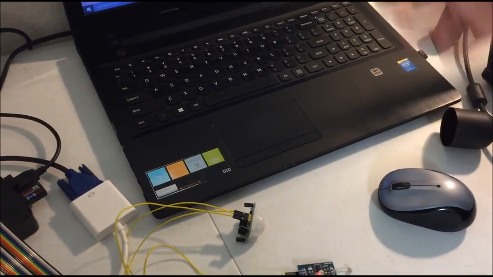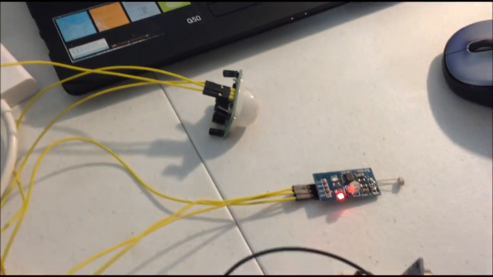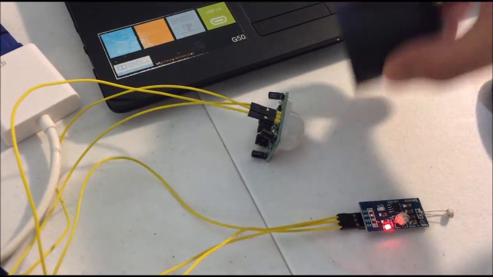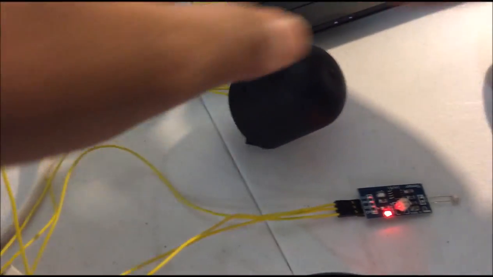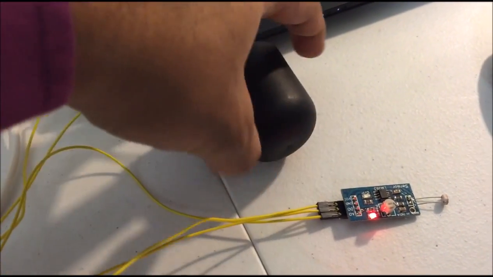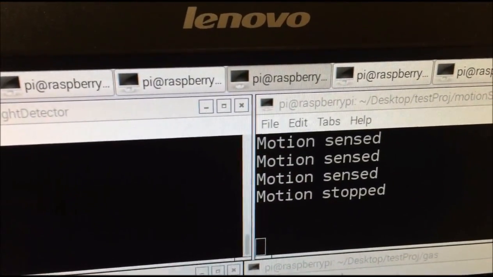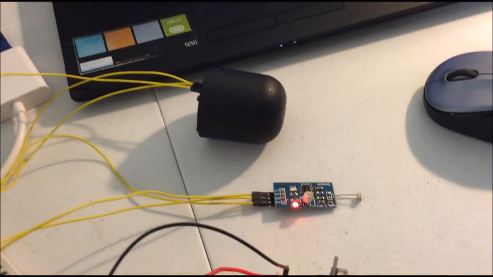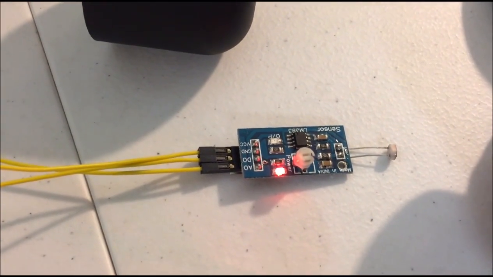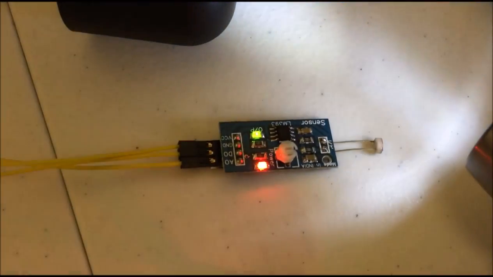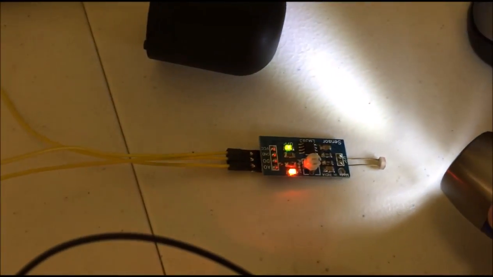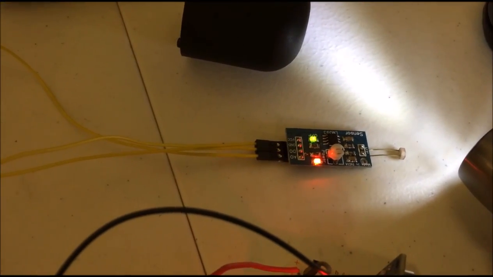so when someone is not at home, the motion sensor shouldn't detect anything. To simulate this scenario, I'll now be cutting off the motion sensor by using this obstructor. So you can see it has stopped detecting the motion. Now the lamp is still on, and if I switch on the torch and trigger the light, the lamp switched off. You can see the lamp switched off as soon as it detected that it is daytime and there is no one at home. To save the power, it automatically switched off the lamp.